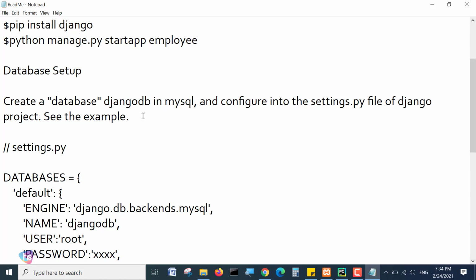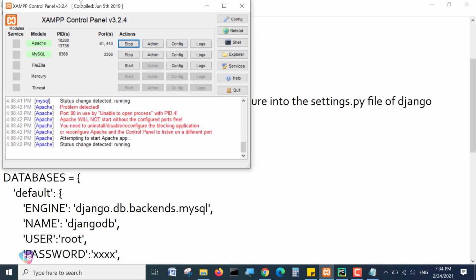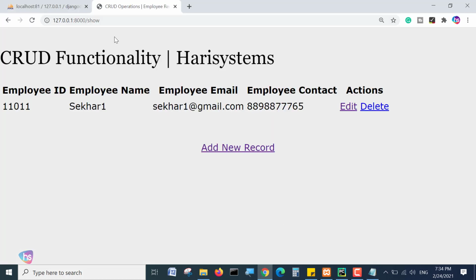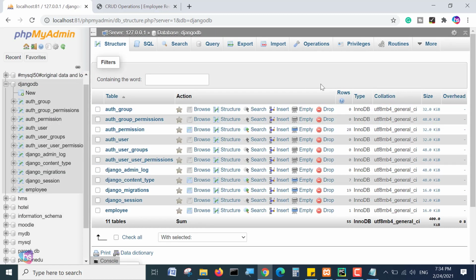Now see, to interact with and access the database, I have installed XAMPP on my computer system, the XAMPP control panel. XAMPP offers Apache, MySQL, and FileZilla. Installing Apache and MySQL only is sufficient for this project. We need XAMPP to reach MySQL because you get a GUI tool, phpMyAdmin, along with the XAMPP tool.